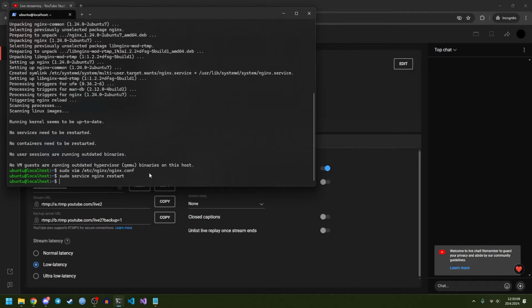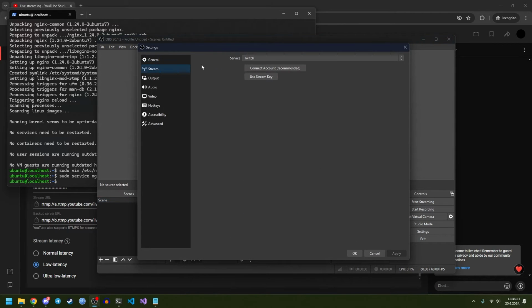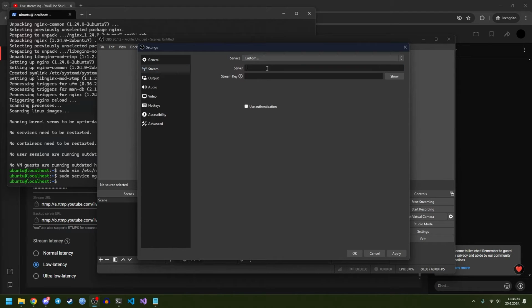So now that everything's set up, we can just go into the streaming software. I'm using OBS, so I'll go into OBS, and then I'll go up here to File, Settings, Stream, and this is where we actually need to configure our streaming settings. So by default, this will probably be set to something like Twitch, but you want to set it to custom. And then for the server, put in rtmp://